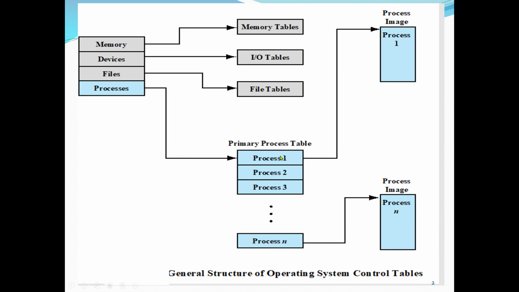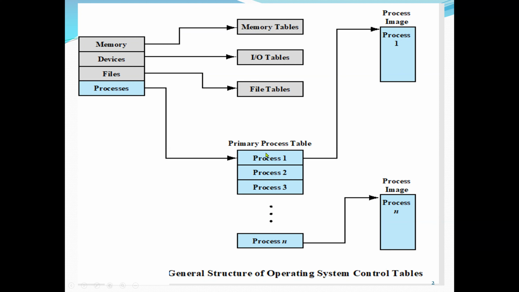The universal approach to providing this information is straightforward. The operating system constructs and maintains tables of information about each entity that it is managing. The general idea of this scope is shown here in this diagram, and that's our main focus